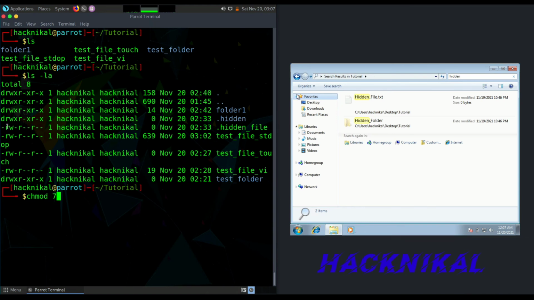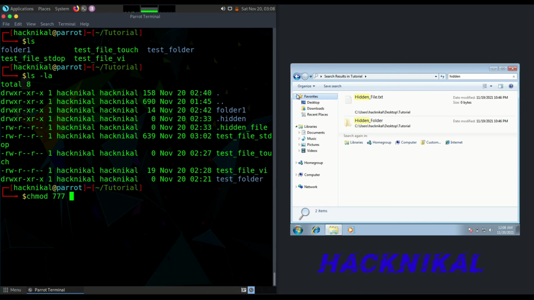So by default, if you create any file inside any folder, it will have read and write permission for the user, read only permission for the group, and read only permission for others. This works at a granular level. If the group has a permission, then by default the user will get all the permissions related to that group. Okay, so if I want to change the permission for this hidden file, I will give all the permissions